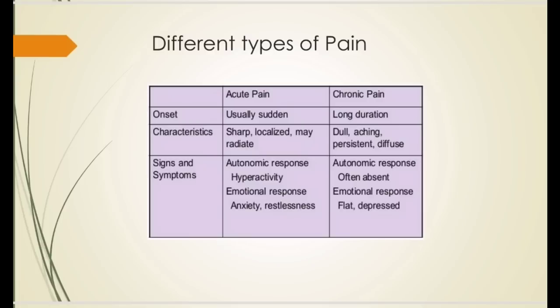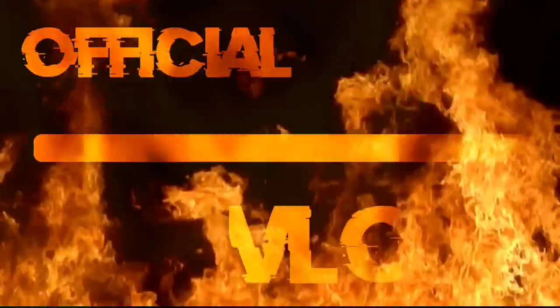Remember when I mentioned the pain pathway, and we said that basically pain is caused by the brain. It receives information from the body about some form of damage in our body, and it will start to produce pain. And now I will explain better why I said usually chronic pain, you feel it mostly when you are sad or upset rather than when there's damage. So this is one of the most important things I need you to learn today, right? In acute pain, if we look at what is the